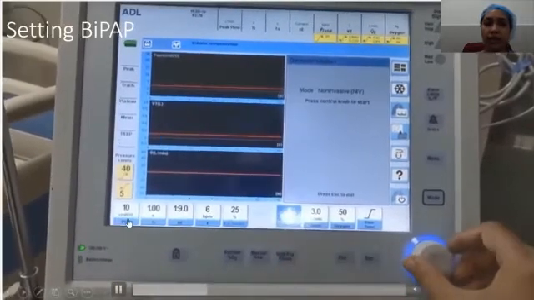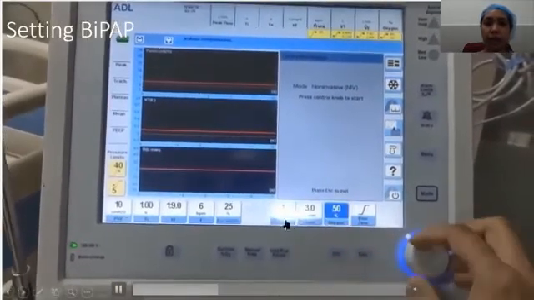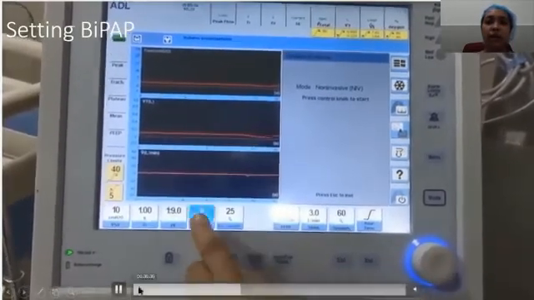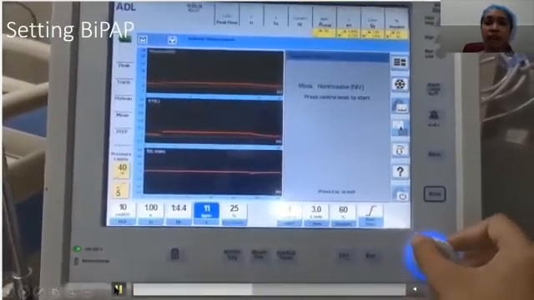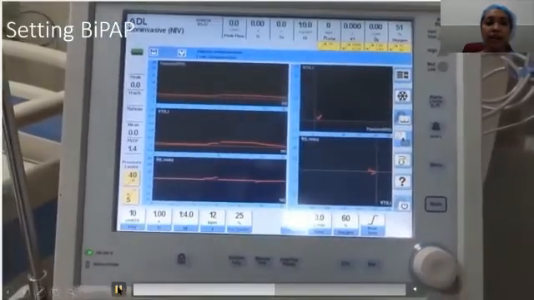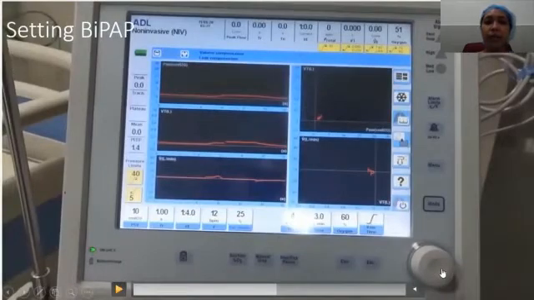PSV is increased as per the requirement of tidal volume. PEEP is changed. It is always advisable to start ventilation from FiO2 of 100 and then titrate it down as per requirement of the patients. Once all the settings are done, this control panel is pressed again and the ventilation begins. Now on the screen, on the upper side, these are the patient parameters: the tidal volume of the patient, the actual frequency of the breaths being taken by the patient, and the oxygenation which is being delivered to this patient.